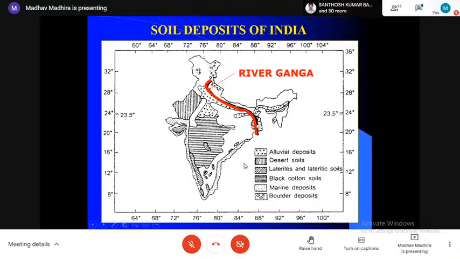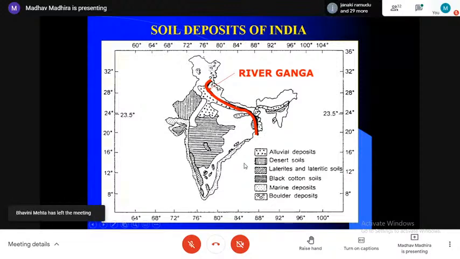So the grain size distribution keeps changing. And even though you call it alluvial, it's not the same. The same thing is true of the Brahmaputra Valley. You find the grain size decreasing by the time you reach Hooghly, and by the time you go to Bangladesh, etc. Then we have these laterites along the west coast, starting from southern Maharashtra, Goa, Konkan, and right up to Kerala. Then you have small stretches of these laterites on the east coast too,